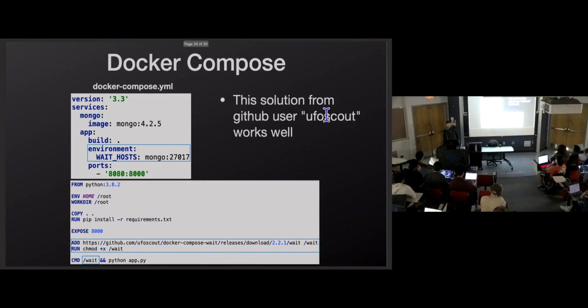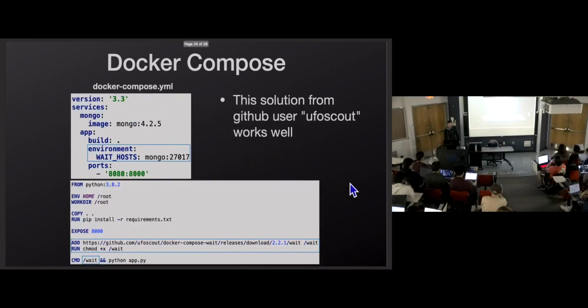And shout out to this person I don't know, but UFO Scout on GitHub created this kind of workaround hacky thing to make this work and released this code for all of us to use, put it on GitHub. So, I don't know, give them a like or something on their GitHub repo, which you can do. Some people call GitHub a social media site. They're not wrong. I feel weird saying that it is, but it is.